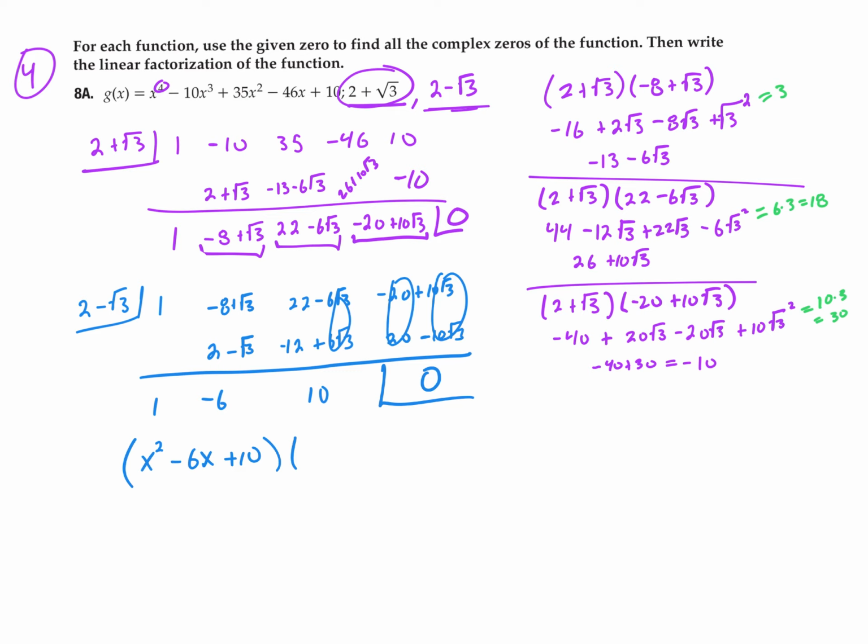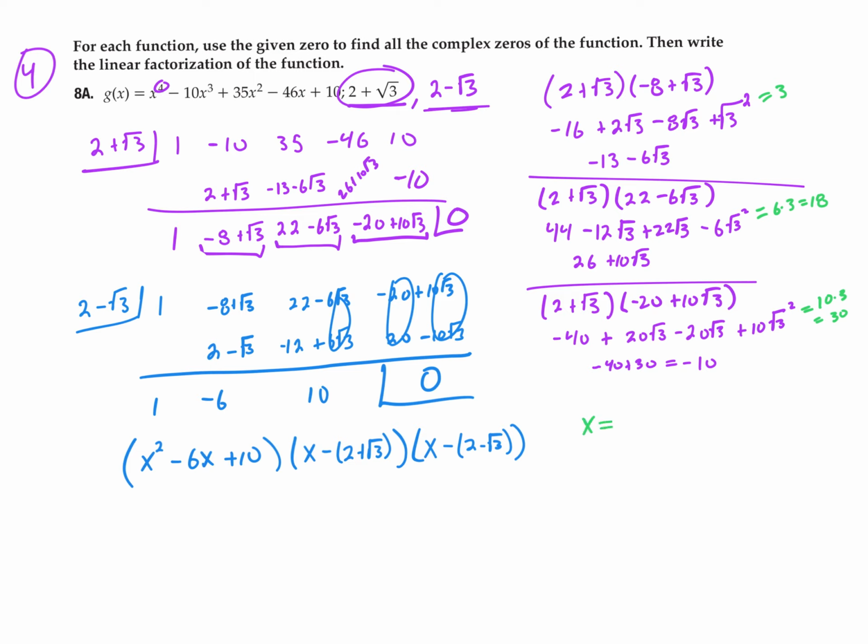I also have this x minus the 2 plus the square root of 3. And I have the x minus 2 minus the square root of 3 as a factor. All right. This part doesn't factor because there's no factors of 10 that add up to 6. So I'm going to go ahead and do the quadratic formula over here, which tells me x is equal to